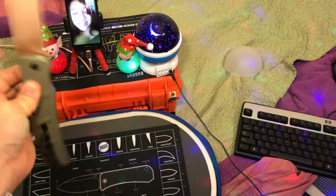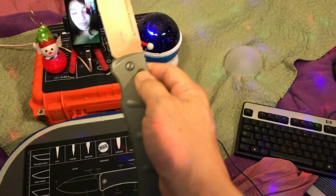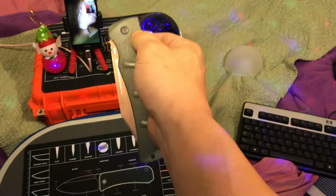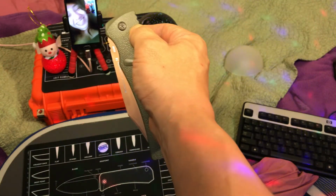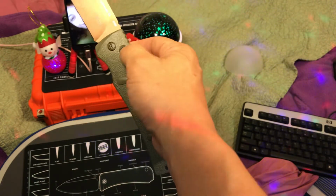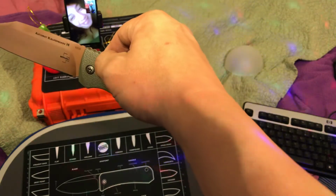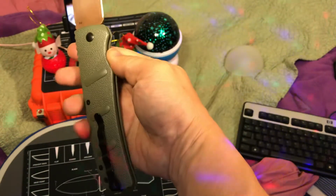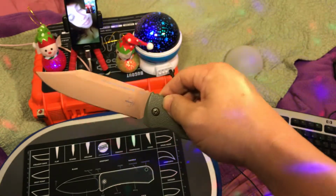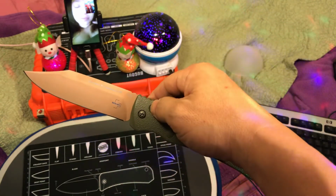So she made a joke. She's like, wow, that's not just a switchblade. That's a switchblade like on steroids. So she correctly found that, yeah, this is almost a joke knife. This is not just the Desert Warrior Bladehq exclusive. This is the Böker Kalashnikov